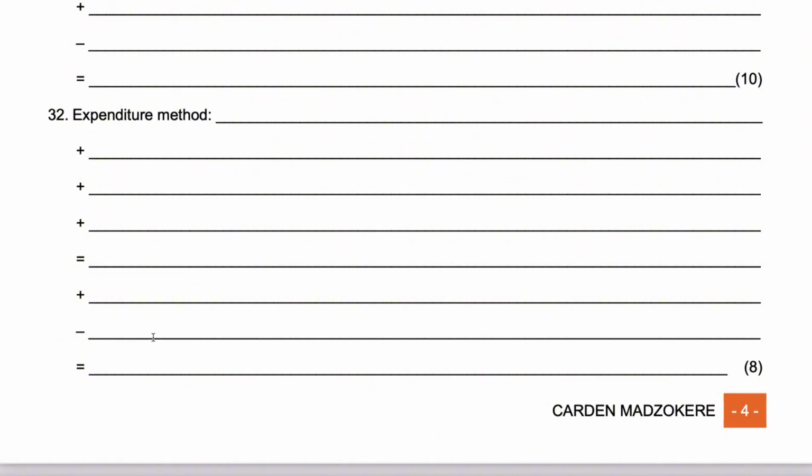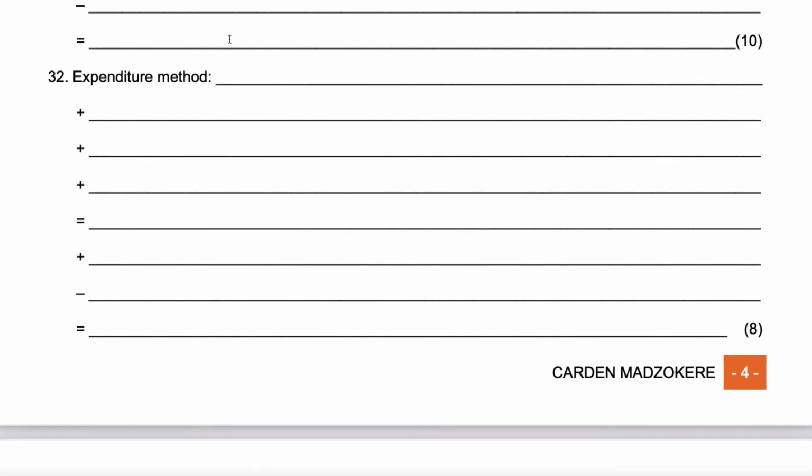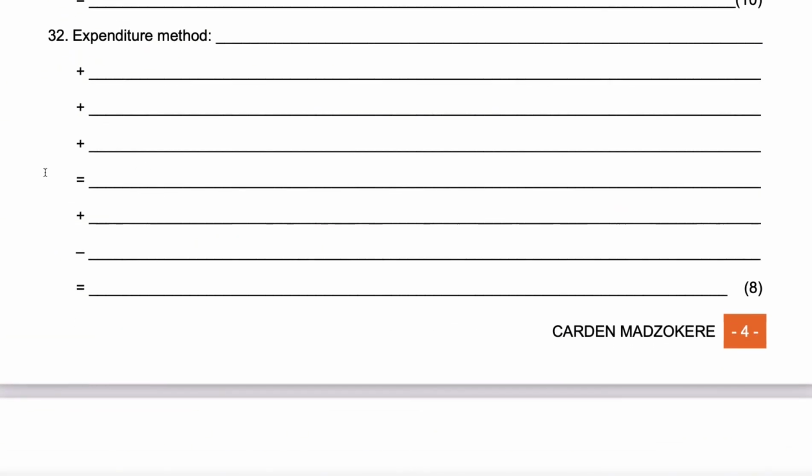Last but not least is the expenditure method. Now this method is more like C plus G plus I plus X minus M, but you must remember the residual item here. So that would be C, that's your final consumption spending by households. Number 2, final consumption spending by government. Then gross capital formation, that's your I, investment. Then plus or minus residual item, it gives you expenditure on GDP,